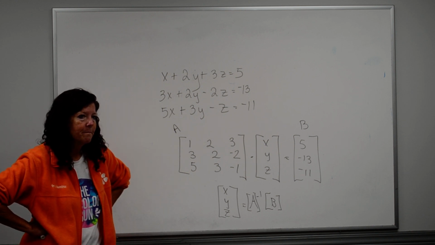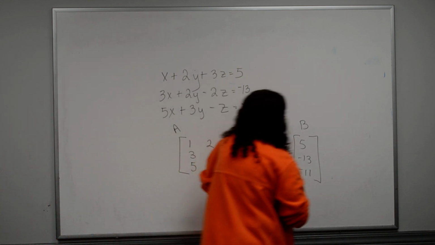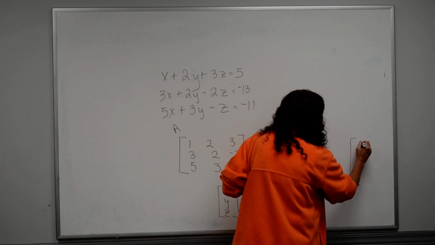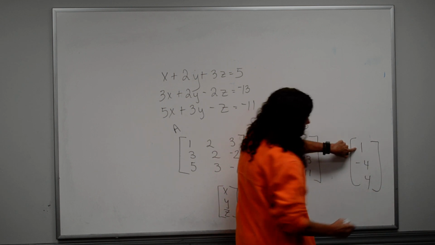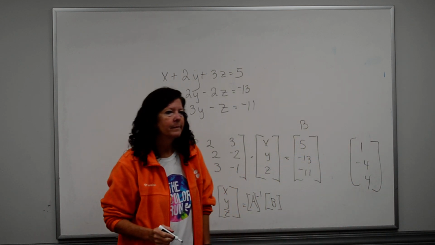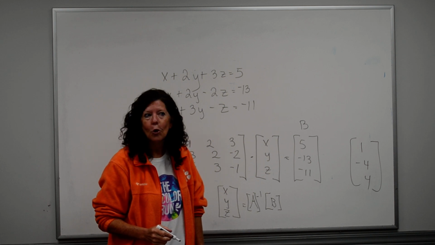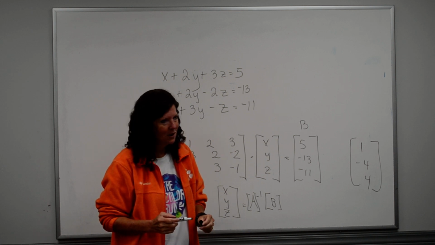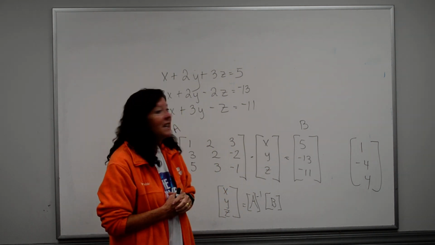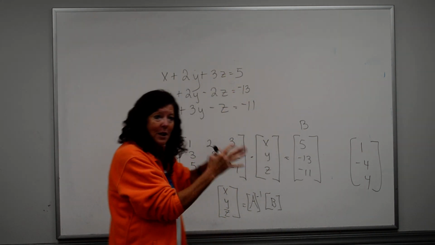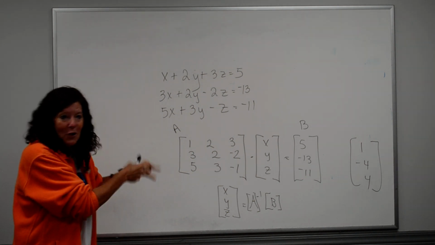What'd you get? 1, negative 4, 4. 1, negative 4, and 4? X, Y, and Z. That is so much easier. So much easier. Okay. So that's like literally that whole page of work. Yeah, that, you know, if you can remember this,